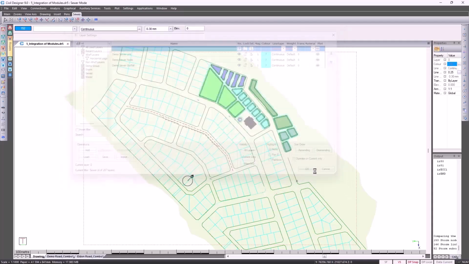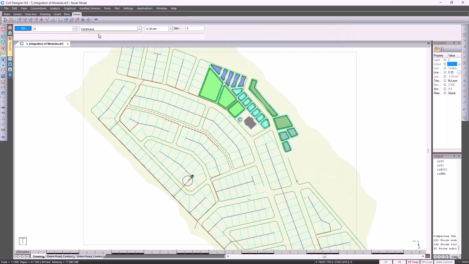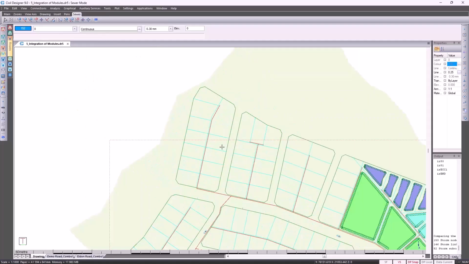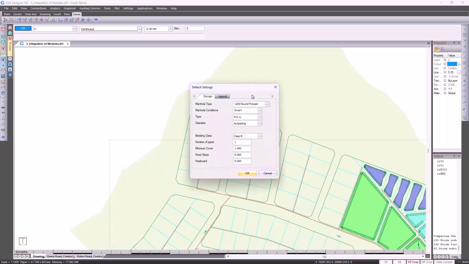If you prefer not to use this functionality, but instead you'd like to do it manually, you can go to the graphical menu and manually draw this in. In our example, we then convert these CAD entities. Before we do so, we go to the Edit menu, we select Default Settings, where you can go and specify your manhole types,